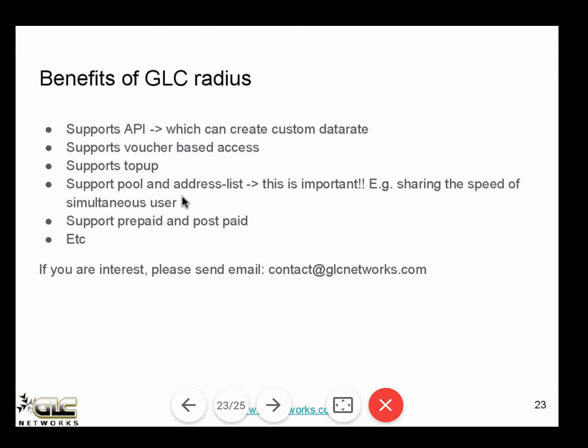The benefits of using GLC Radius are: it supports API, which can create custom data rates. It can support voucher-based access. It can support top-up. It can support pool and address list, so this is important. For example, previously